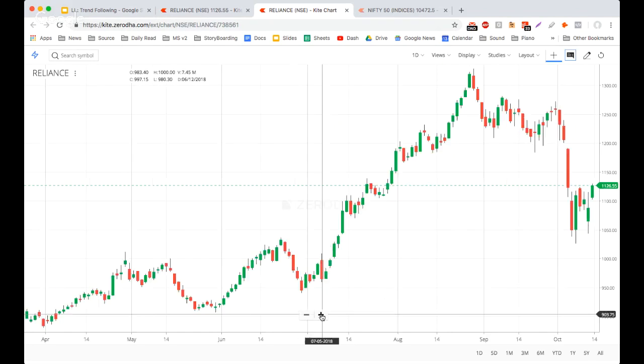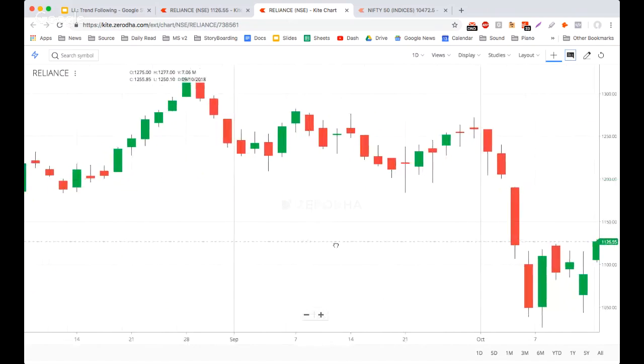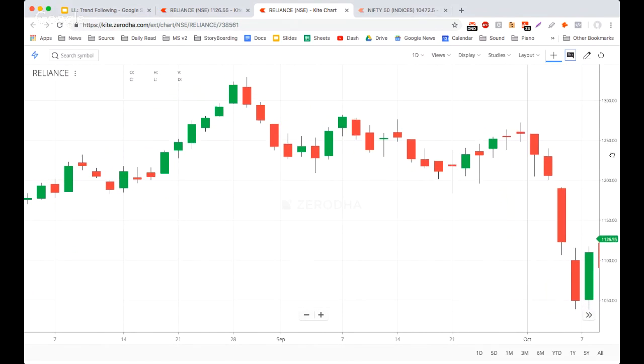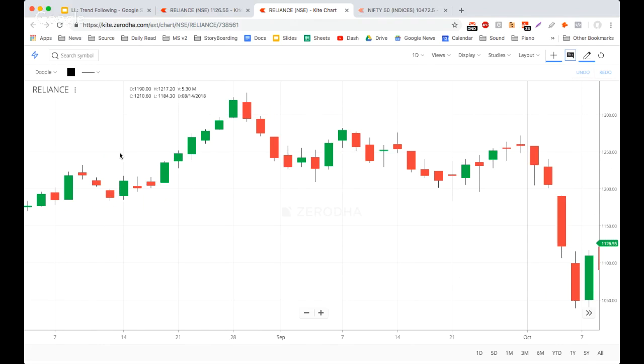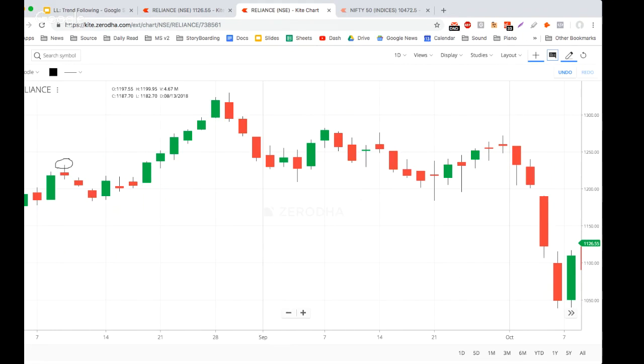So now we have Reliance over here. What I'm going to do is, let's pick this area. Now we have Reliance over here, and I have to find out the swing highs on this chart. So let me go to drawing, and I'll choose the doodle. I love this feature. And this is the first swing high right here. Does everyone agree? Market went up and then market came down. Please type AGREE if you think that this is a swing high, and hopefully you understood that part.